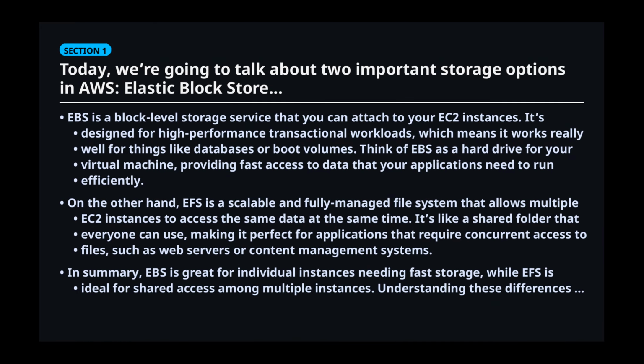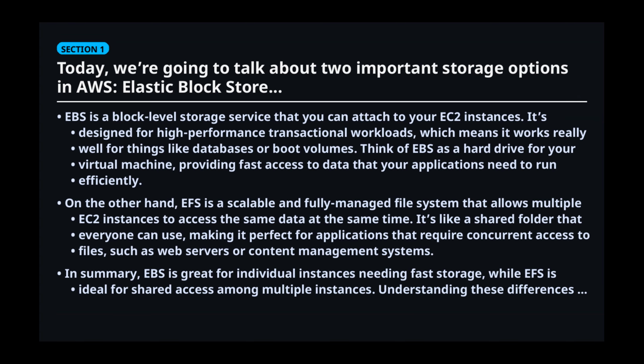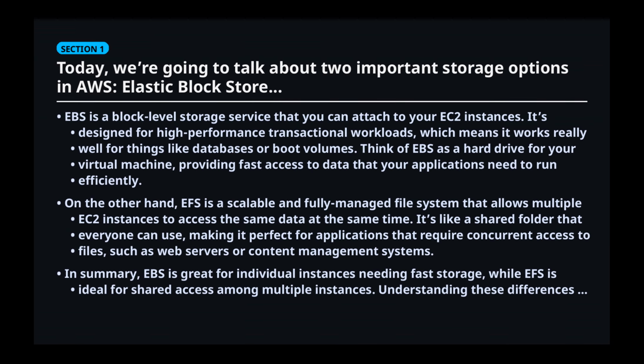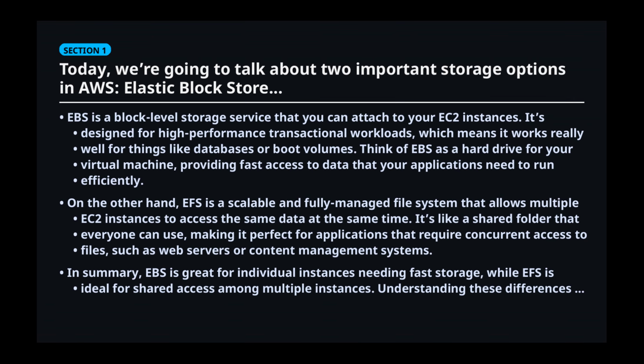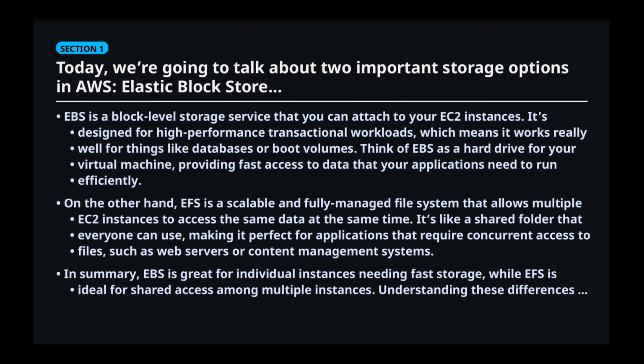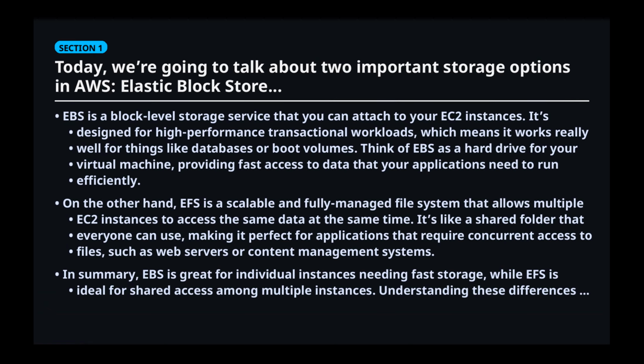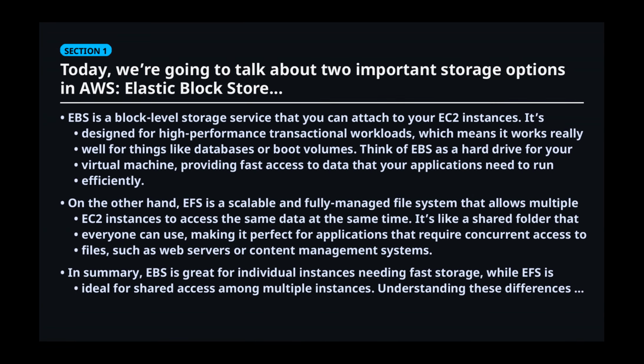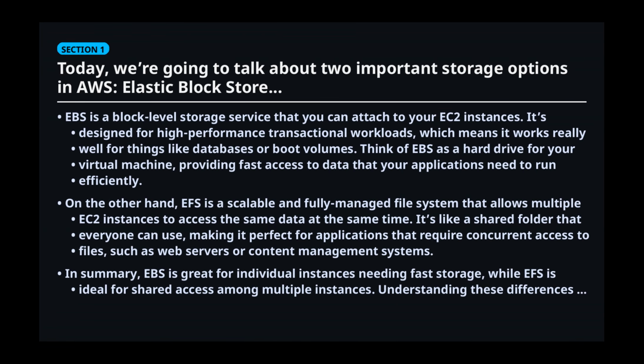EBS is a block-level storage service that you can attach to your EC2 instances. It's designed for high-performance transactional workloads, which means it works really well for things like databases or boot volumes. Think of EBS as a hard drive for your virtual machine, providing fast access to data that your applications need